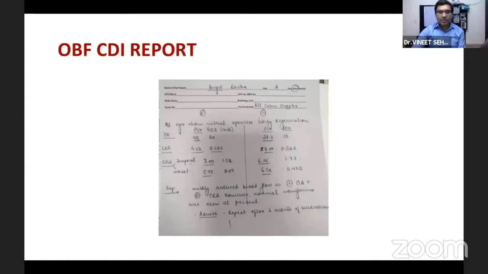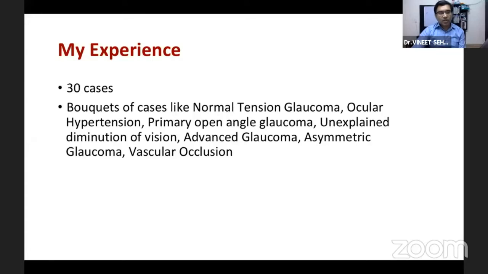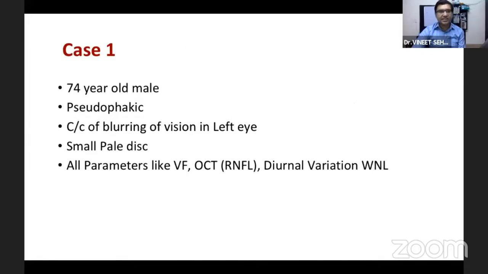So as you can see, the OBF study is going on, and this is the type of report that we give to the patient, where, as Dr. Murli has told us, we give all the ophthalmic arteries, CRAs and the SPAs. We do share the PSVs, the end diastolic velocities and the resistive index. So what is my experience? We have done around 30 cases from all the variety of patients. I just want to share 2 of the cases with all of you.